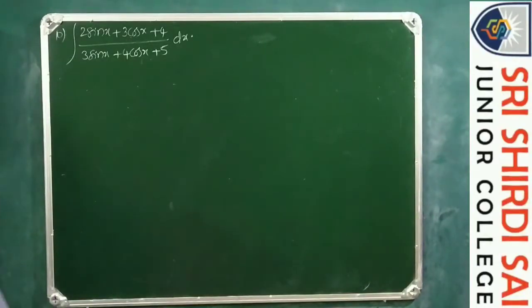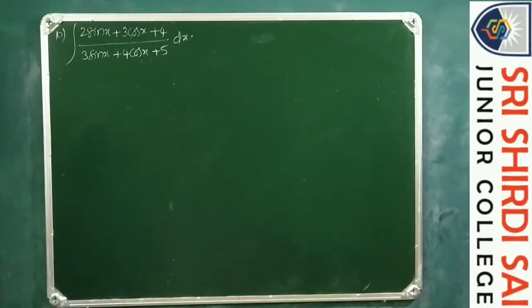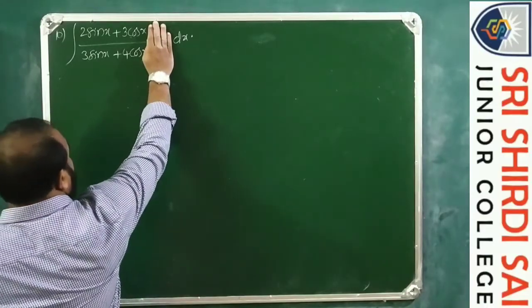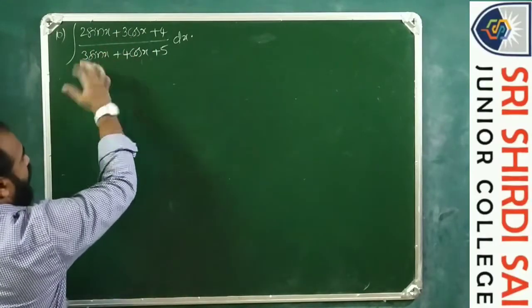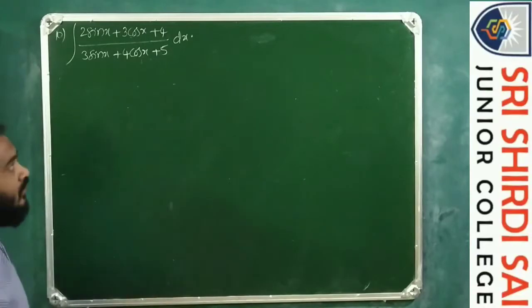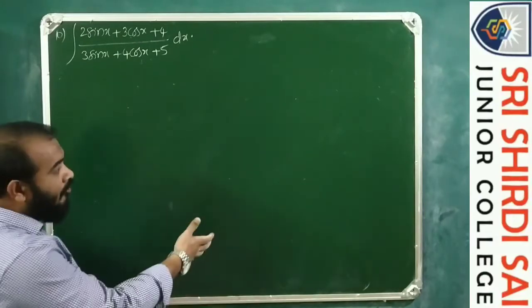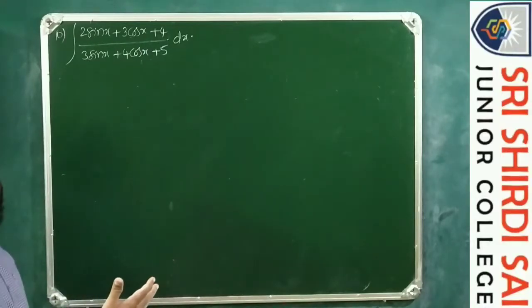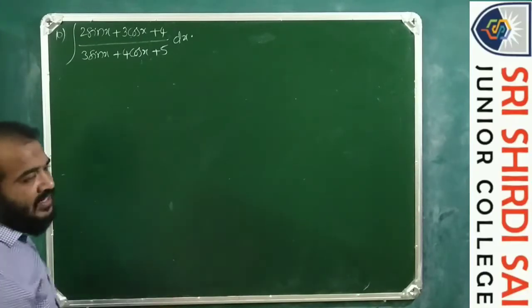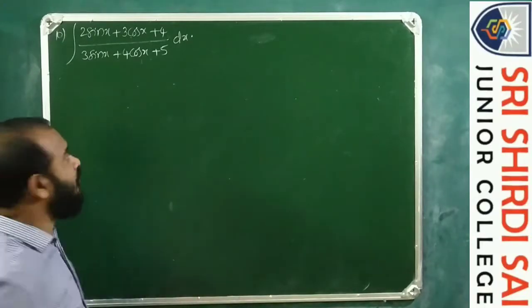Now let us see this question. Integral of 2 sin x plus 3 cos x plus 4 by 3 sin x plus 4 cos x plus 5. If the constants are missing, we have seen how to do that. So simply, numerator is equal to A into d by dx of denominator plus B into denominator, plus additionally here a C will be added, not the c which we are adding at the end of the answer. A, B are the constants to be evaluated. Likewise, C is also to be evaluated. So at the end, instead of C, let us write C dash to show the difference.